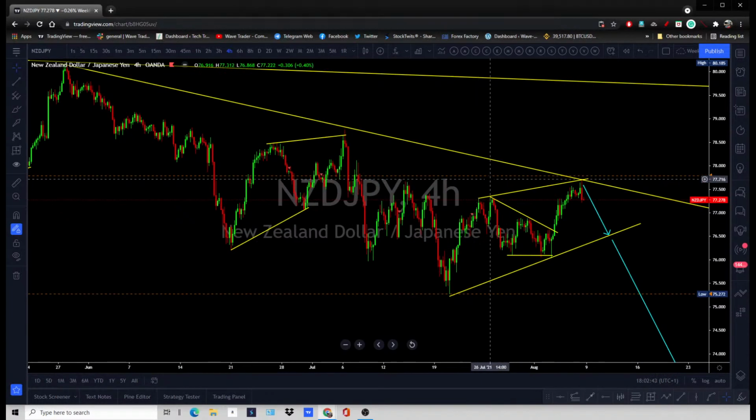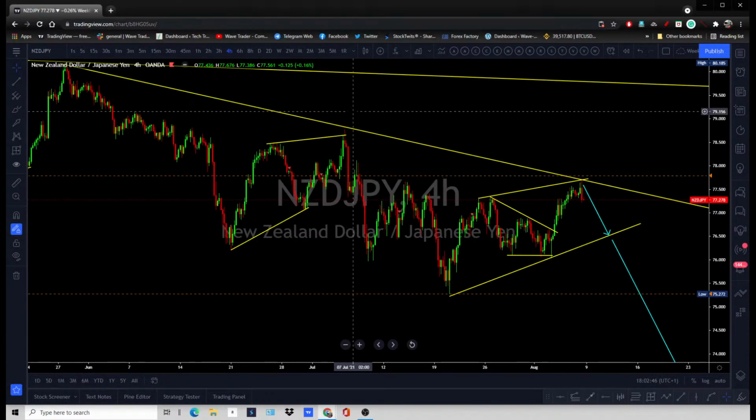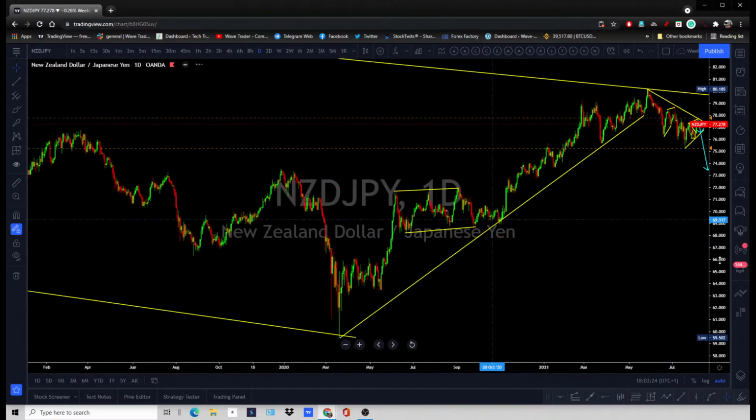As I said, the market is expecting that the Reserve Bank of New Zealand is going to be the first to wind up their program, and we're going to have a stronger New Zealand dollar. That's the reason keeping the New Zealand dollar stronger across the market right now. But after the decision on the 18th of August, we're going to see a normal market, or even weaknesses on the New Zealand dollar before that. So New Zealand dollar can offer some good sell opportunities for short term, medium term and longer term. Again, the bigger structure is there.